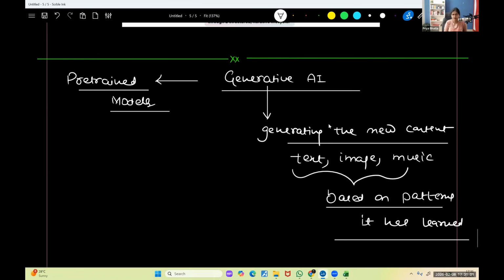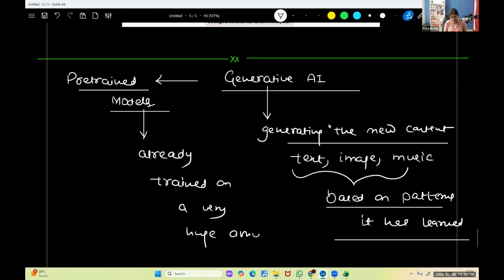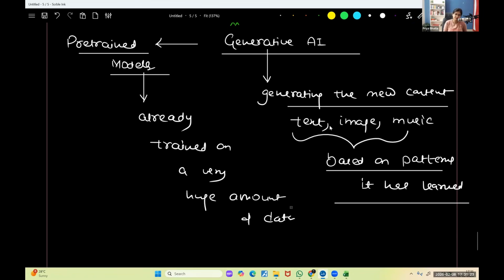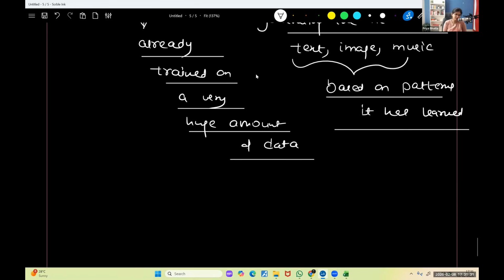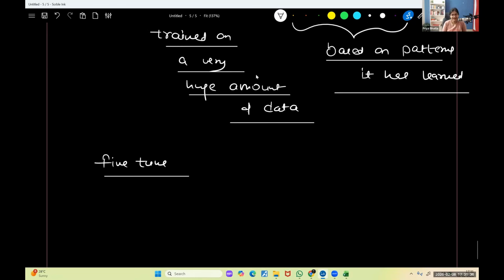So you will be having a model which is already trained on a very huge amount of data. And in generative AI space, you will use the pre-trained model and then you will try to get the final predictions. Okay? So there is a concept of pre-training, then there is a concept of fine-tuning. What is the meaning of fine-tune? Fine-tune means that for a given specific purpose,